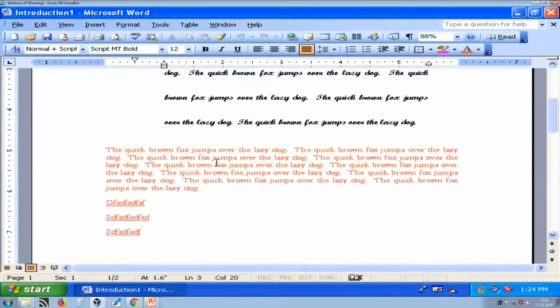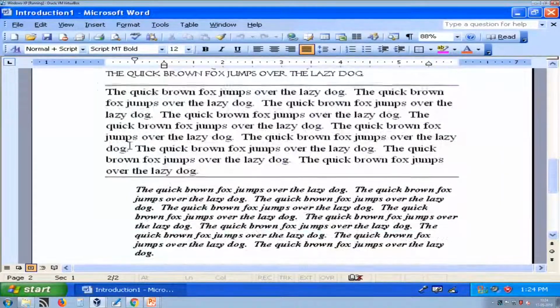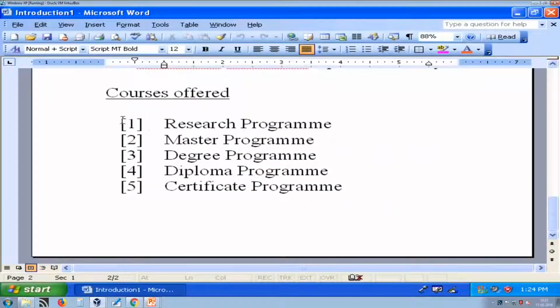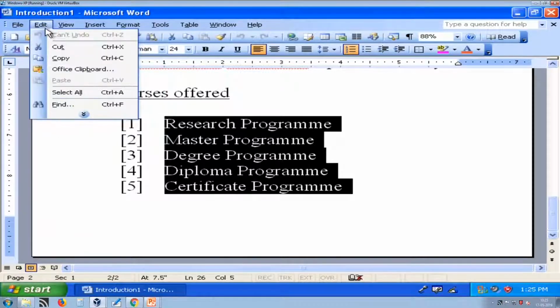So, here sometimes we require a duplicate copy of file text. If you want to create a duplicate copy, you can use the copy feature of edit.